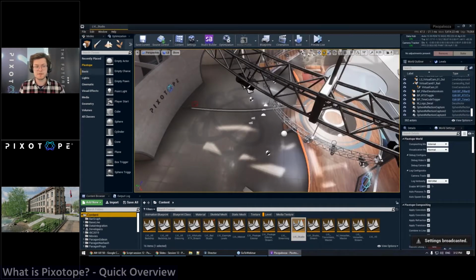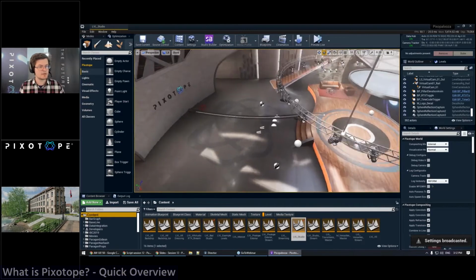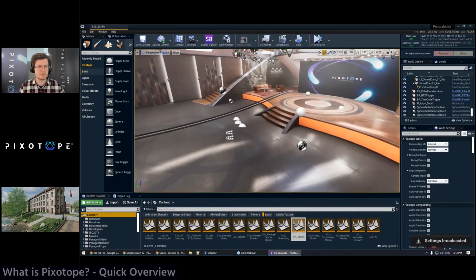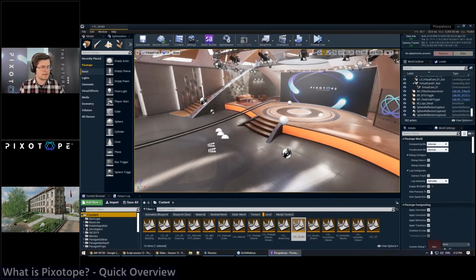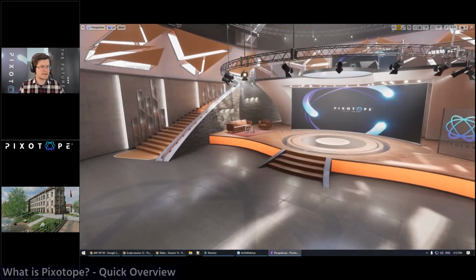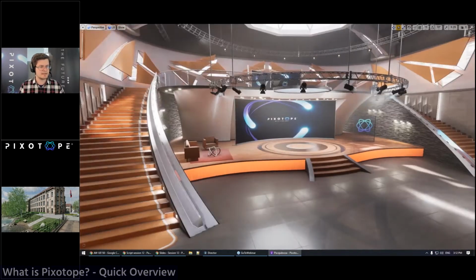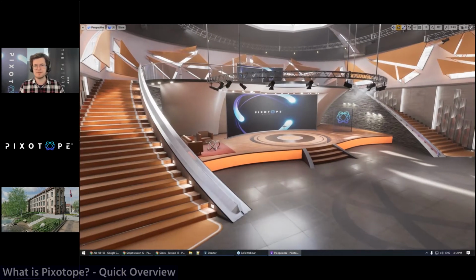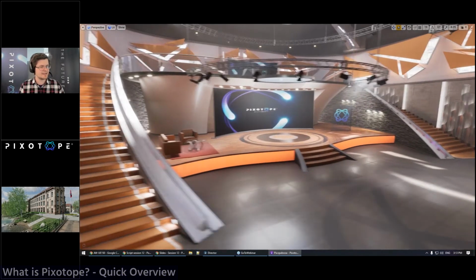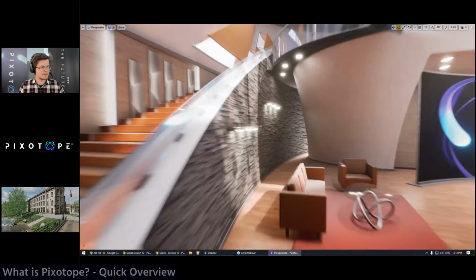And it also, of course, goes without saying that Pixotope can be used for more than just virtual sets. It can also be used for any kind of mixed reality, augmented reality, virtual reality, and anything in between or any combination thereof. Here, of course, we have an example of yet another virtual set. This is more akin to what most of you expect a virtual set to look like, but again, with incredible